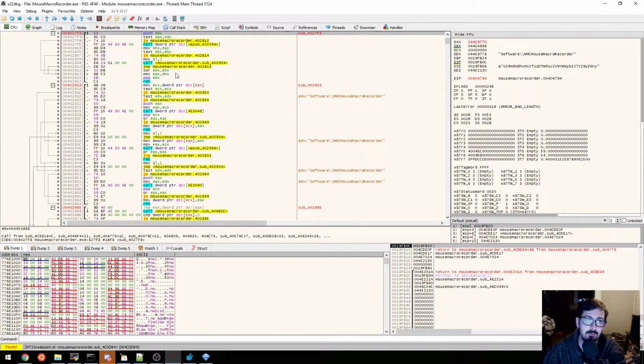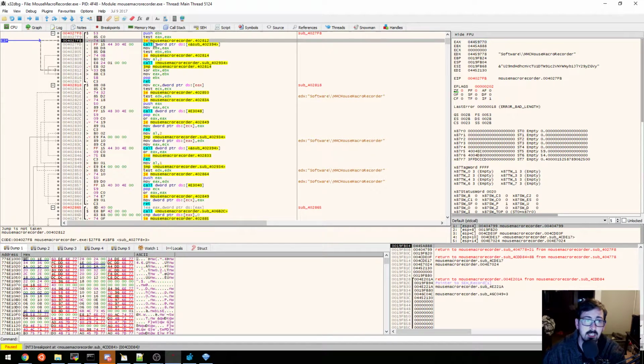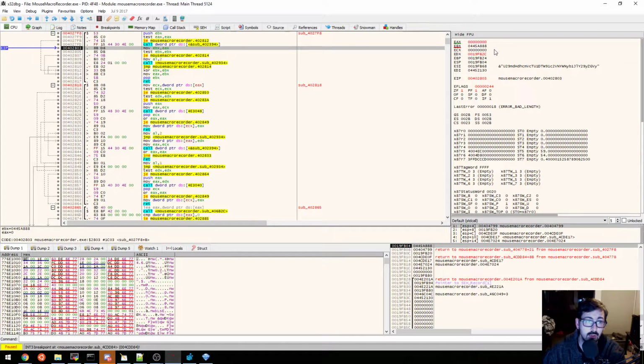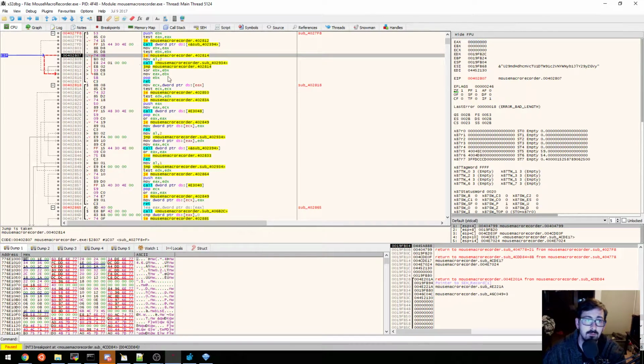Good lord, this is contrived. F7, push EBX, test EBX, okay, test EAX, jump if equal, it does that, call, now we have zeros, test, move EBX, EAX, test EBX, jump if equal, move L2, so here, move EAX, EBX, so it is not equal, it's going to go back and we're going to get 0.